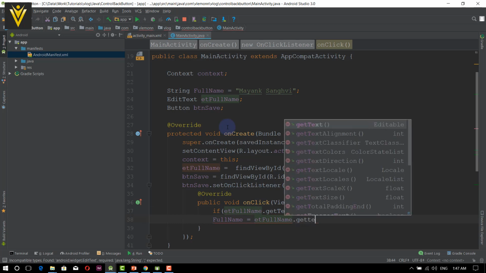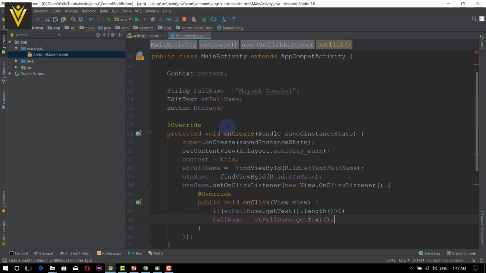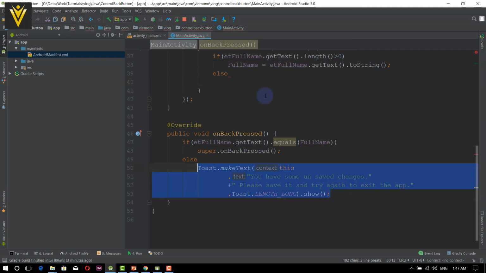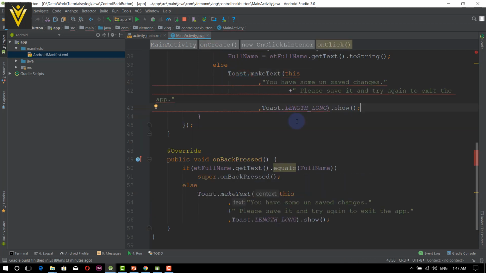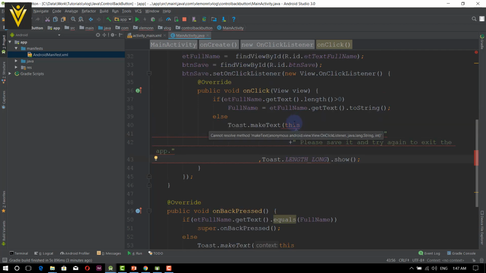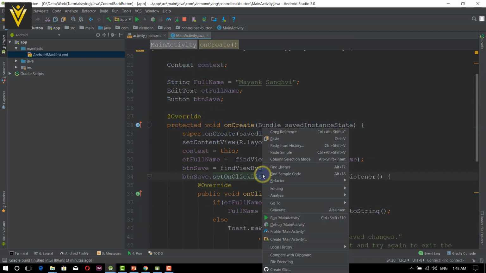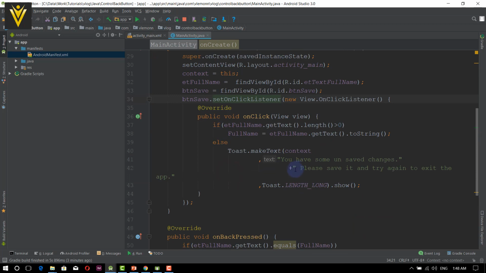Get text dot toString, and in the else part, let's say we are going to display a message, nothing to save. I'm going to copy this toast message directly from here and paste this. This time I'm going to use context. We did not remove the context, so that's why we can use it. And I'm going to say text, nothing to save,